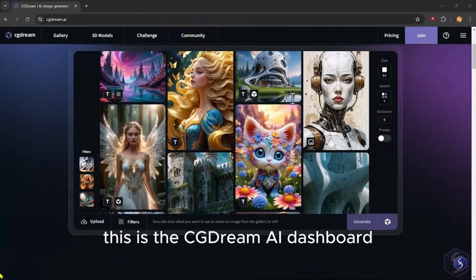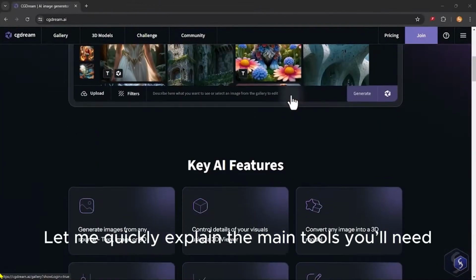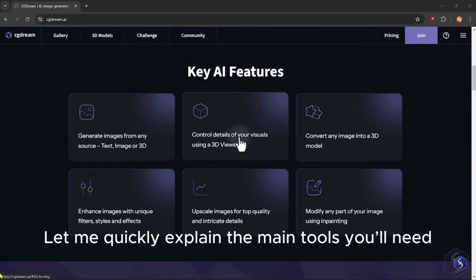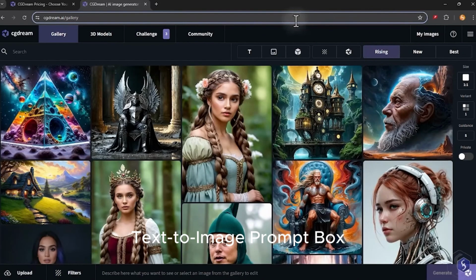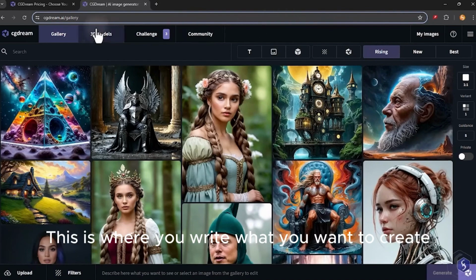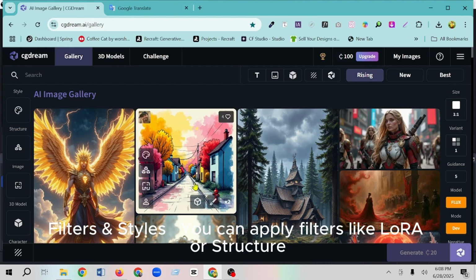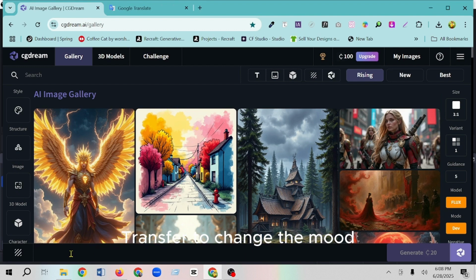Once you log in, this is the CogDream AI dashboard. Let me quickly explain the main tools you'll need. Text-to-image prompt box. This is where you write what you want to create. Filters and styles. You can apply filters like LoRa or structure transfer to change the mood, texture, or artistic style